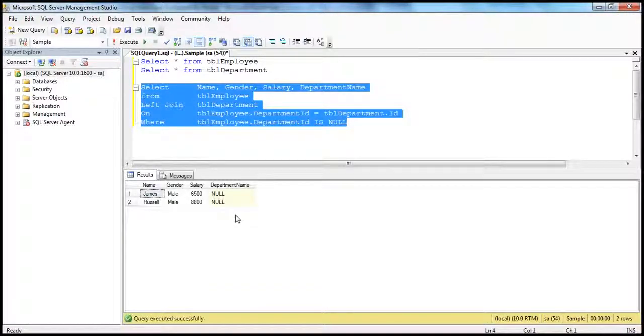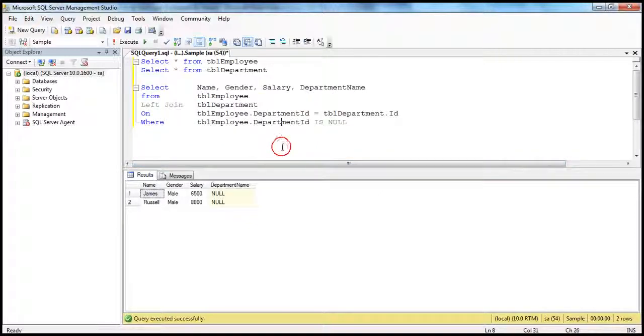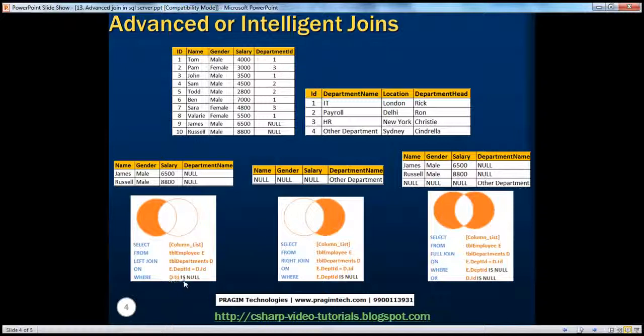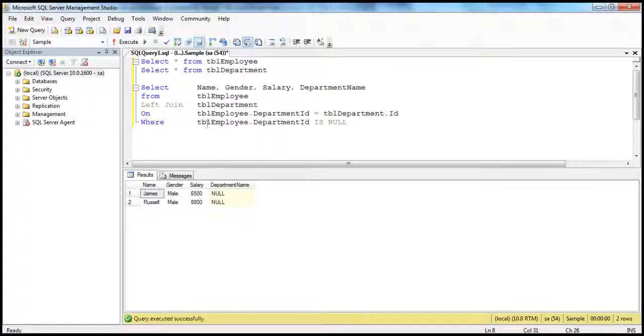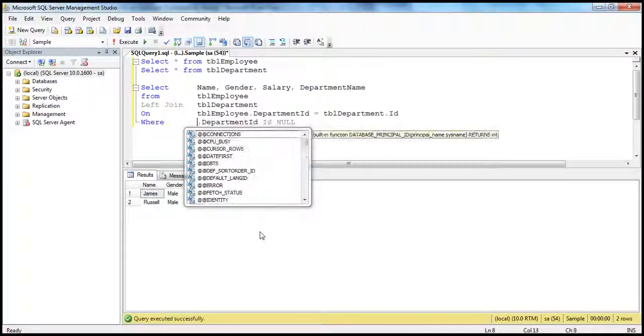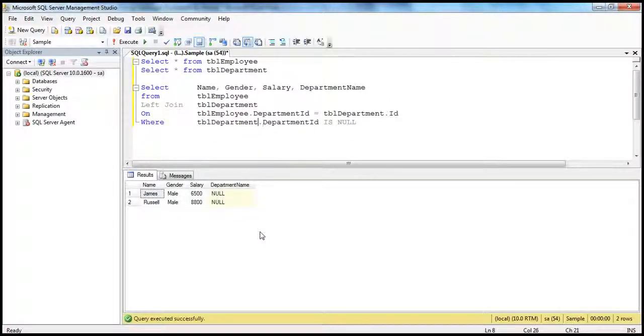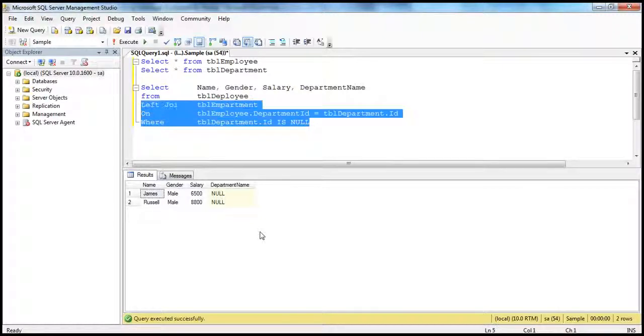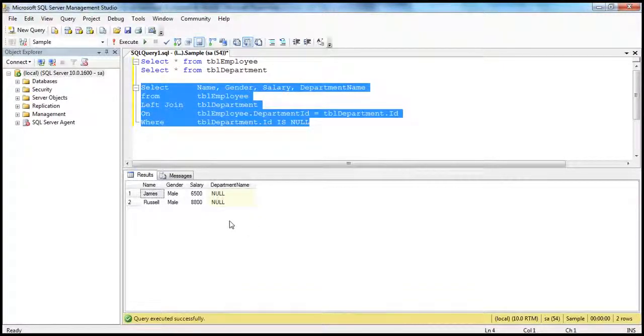When we press F5, we get only the non-matching rows from the left table. Another way to do it, if you look at the presentation, is department.id is null. So department table dot id is null. When we execute this query, we get the same result, and it's pretty simple to understand